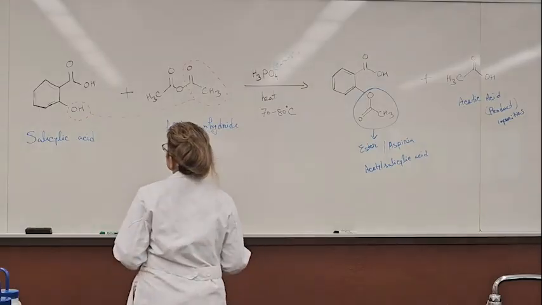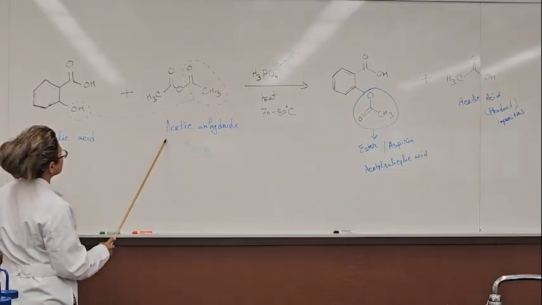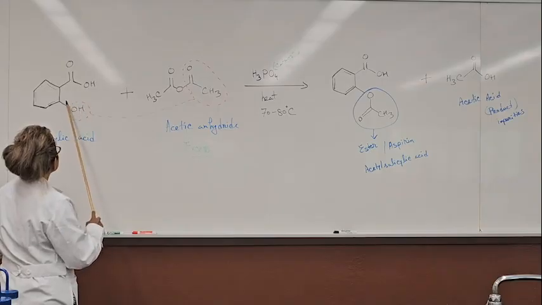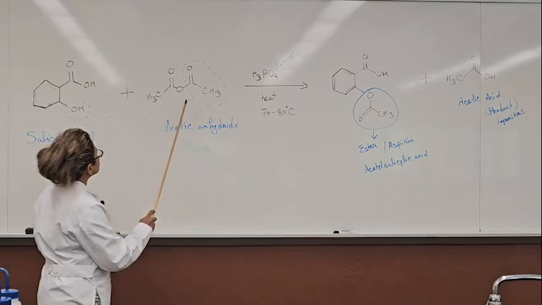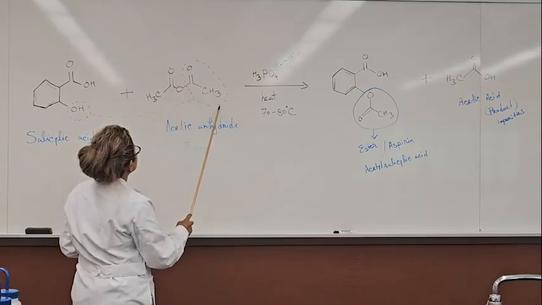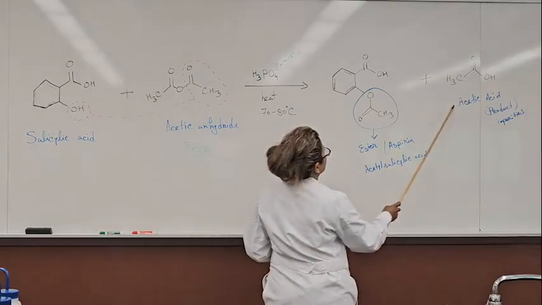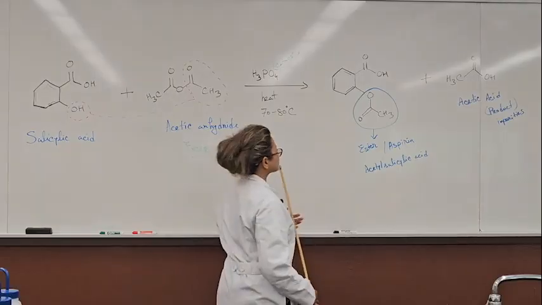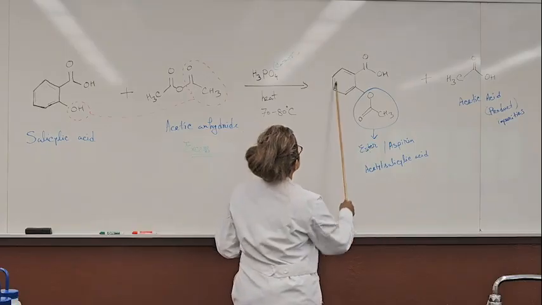So salicylic acid and acetic anhydride will react, right? This hydroxyl group will leave and it will be replaced with this part of the acetic anhydride. This would be the acetic acid, which is the by-product, or I can say the impurity. But the aspirin, which I'm going to produce, the product, should be this.